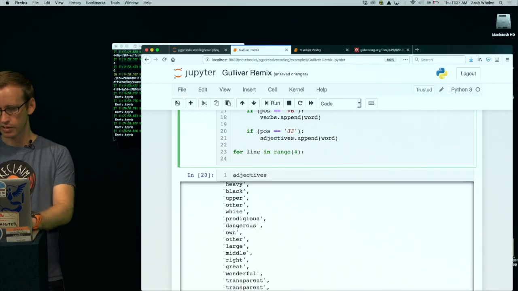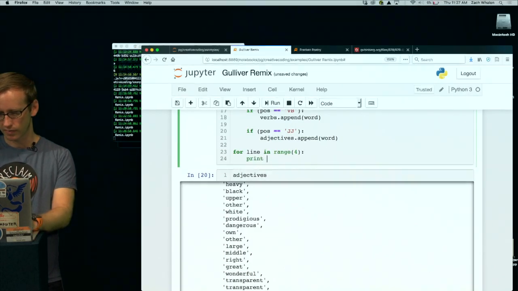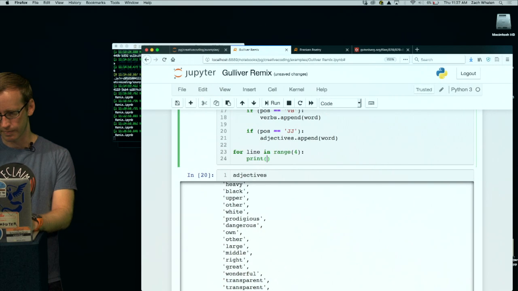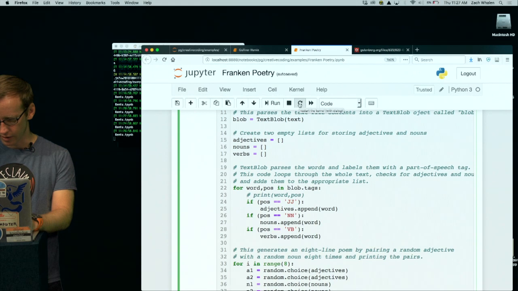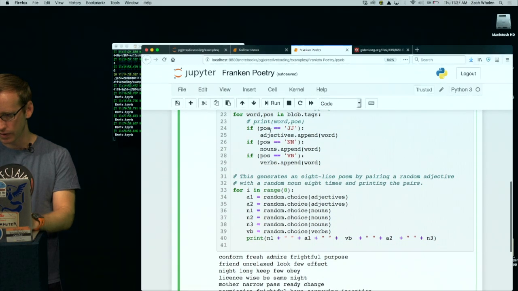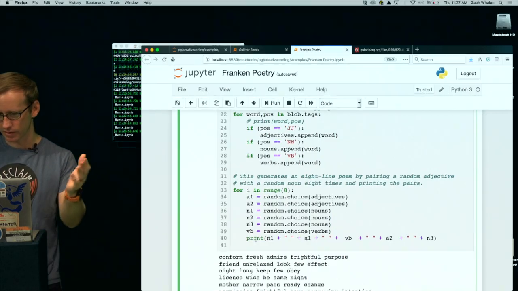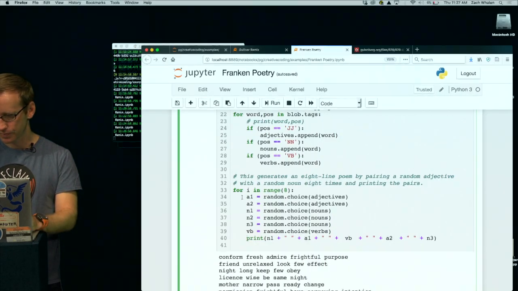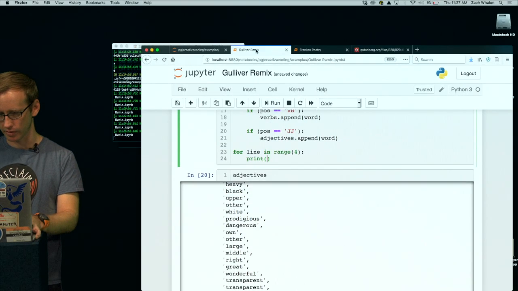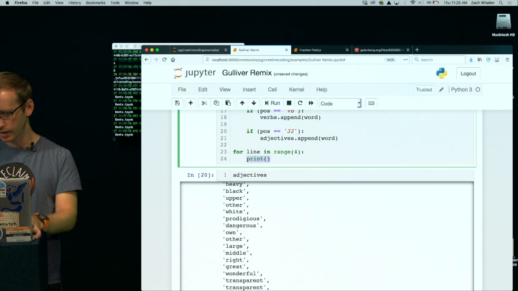I'm going to ask it to print several of these things. In fact, I'll just do a kind of statement like this. I actually like the way I did this here. Oh, right, I have to have it choose one at a time. I can't just have it print all of these things. I'll tell you what, I'm going to actually copy this code that I did before because this takes a little while to write out.